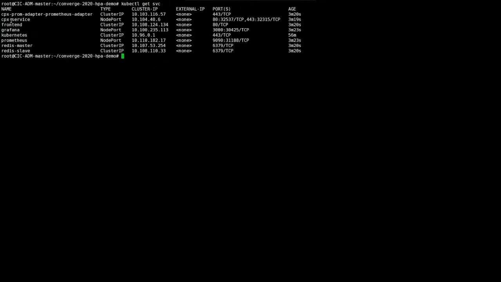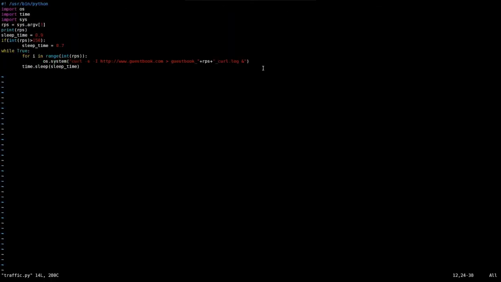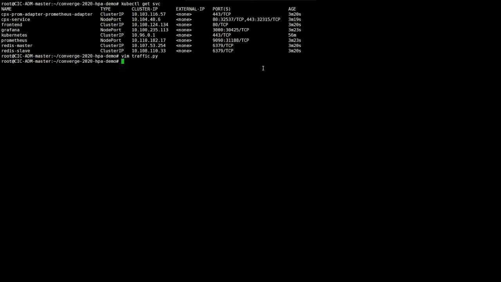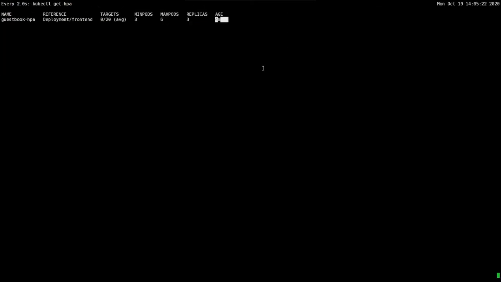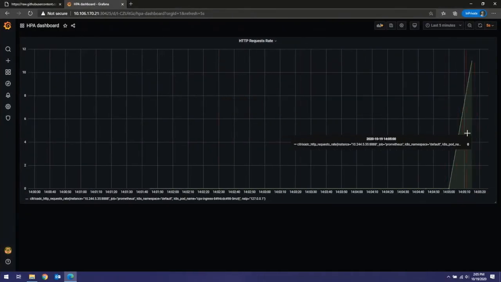Since we're using the CPX service to reach the front-end application, we'll have to set the port also here in the traffic Python file. Okay, so now that we have set all the required files, let's try sending traffic at 40 requests per second. And since it can handle 60 requests per second, the 40 requests per second should not be an issue.